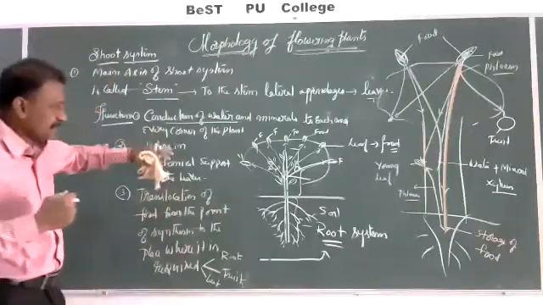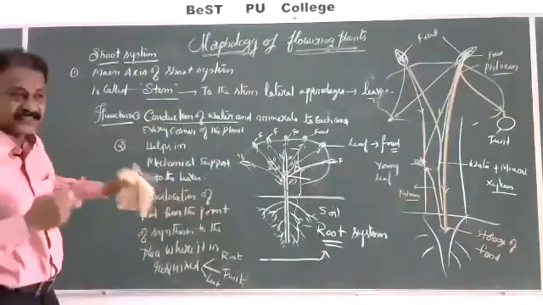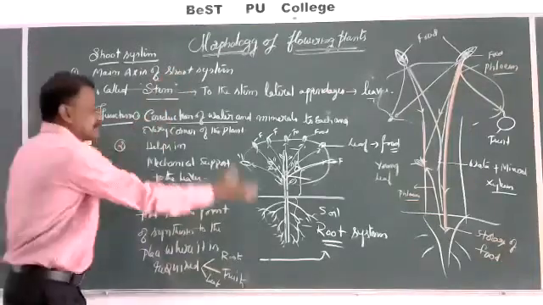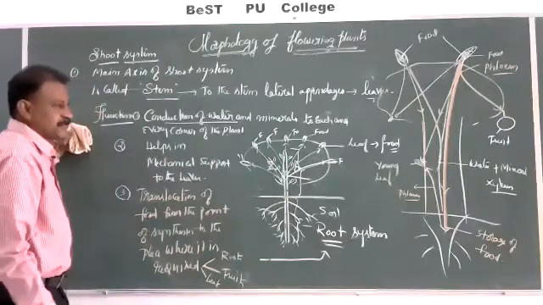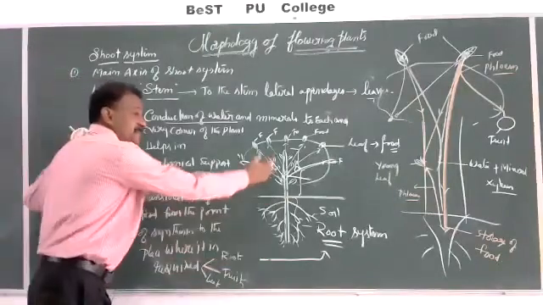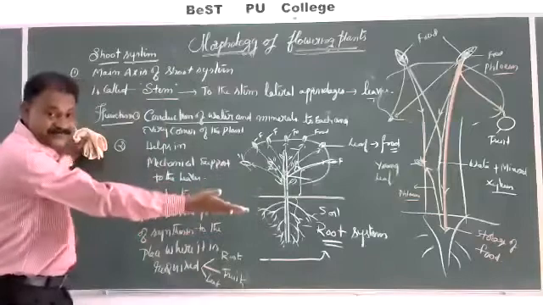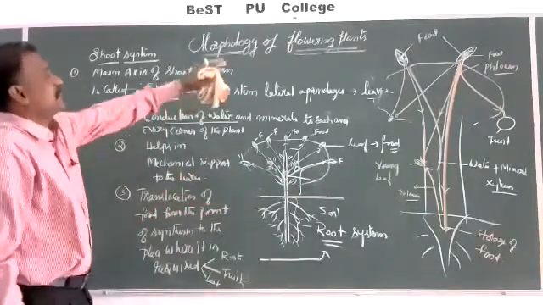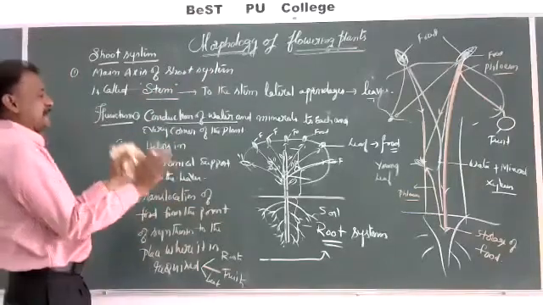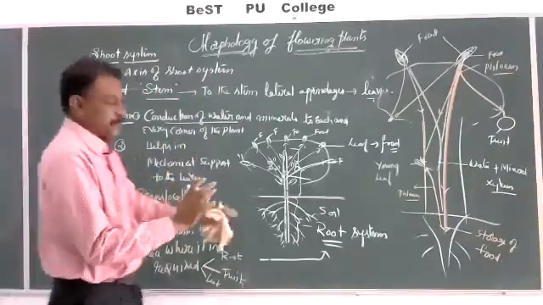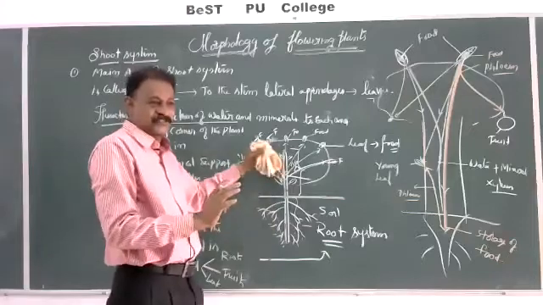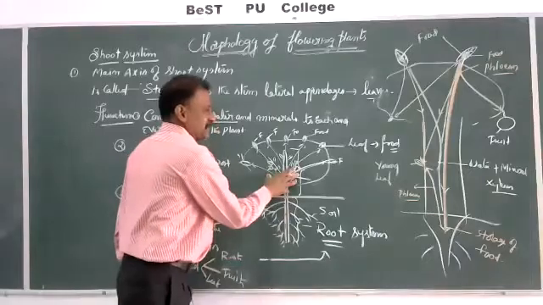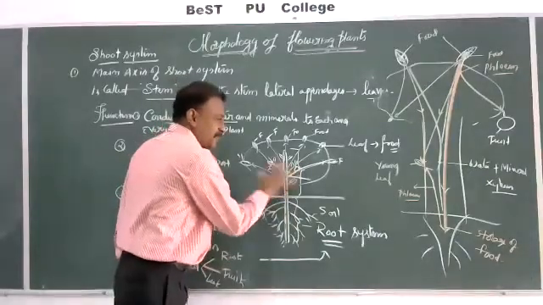So my attempt in teaching all these things is that a student has to understand. Basically, a plant consists of root and shoot, and other characteristic features of root and shoot we will see in the coming classes. But now, morphology of flowering plants. A flowering plant is made up of 2 parts, the root system and the shoot system. Functions are fixation, conduction, and supply of food material.